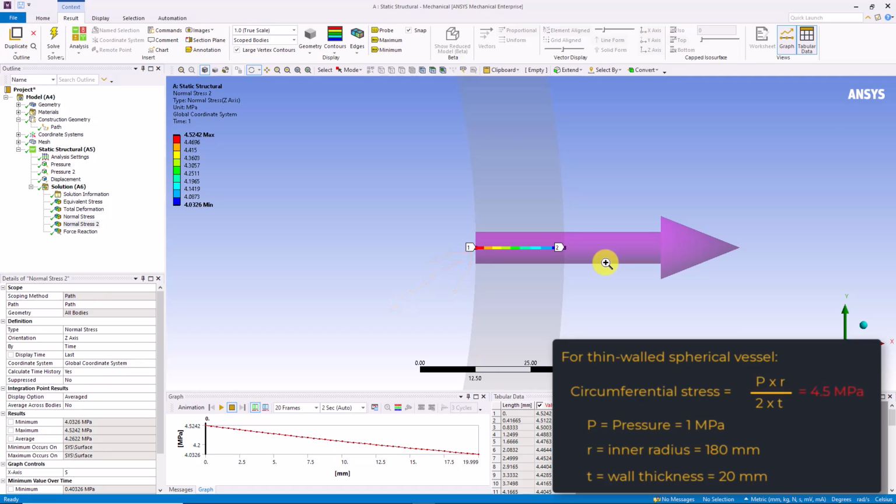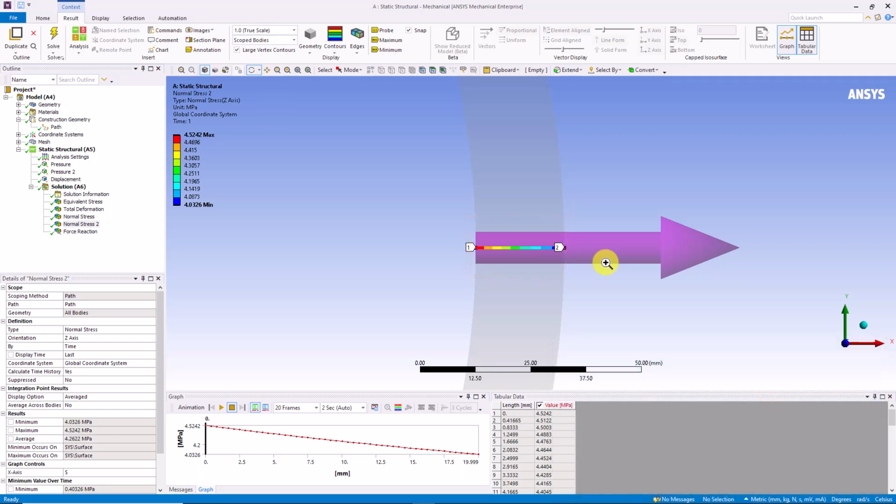The equation noted here assumes that the radius is much larger than the thickness, so the wall would be under a state of plane stress. But in our analysis, we don't need to make such simplifying assumptions and do see some variation of membrane stresses through the wall. Spherical vessels under uniform pressure are assumed to have the same membrane stress in the two in-plane directions. And you can confirm that the y components of stress on this line path is the same as the